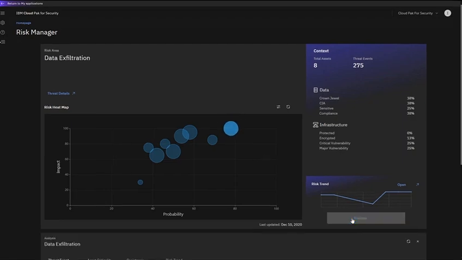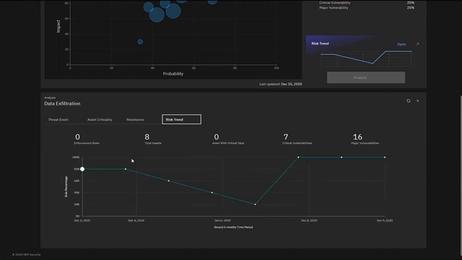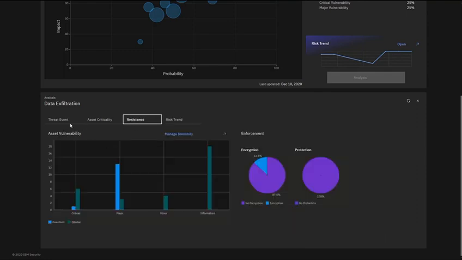So I click the Analyst button. It now comes back and starts looking at, we have had some large outbound transfers of data maybe. Or I might have some other remote distribution of data. I can look at my risk trend, and it was going down for a while, but now all of a sudden these last couple of days, we're at a high risk of data leaving the company. Well, if I look at the Resistance tab, this now shows the vulnerabilities of our data in our company, and I can see that